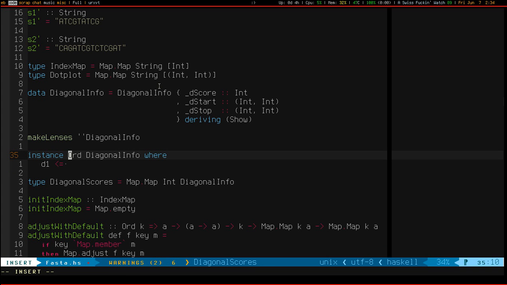And that is because Ord is a subclass of Eq. So I'm going to need to define Eq as well, or make it an instance of Eq. So here I just want to compare the scores. So I can do D1